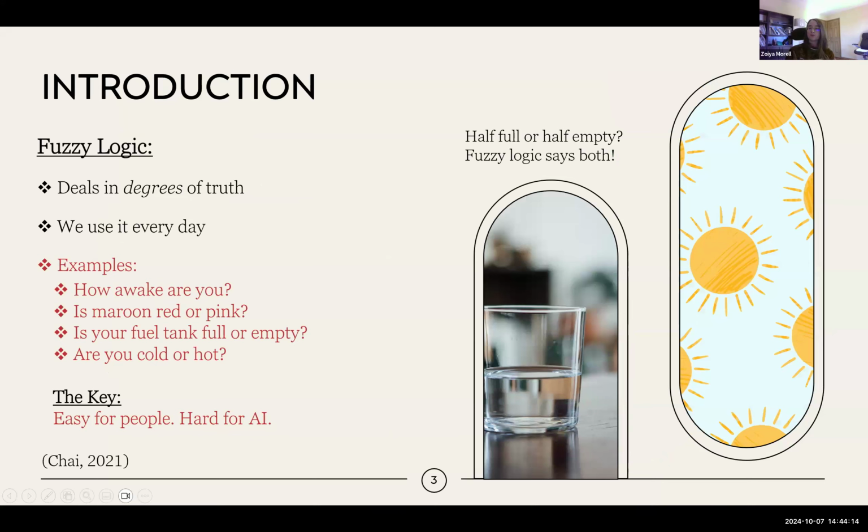So to start, what is fuzzy logic? It deals in degrees of truth, and we use it every day, so it's not as complicated as it sounds. Some examples: if I asked you how awake you are, you couldn't answer true or false. You might say, I'm sort of awake, kind of sleepy today.